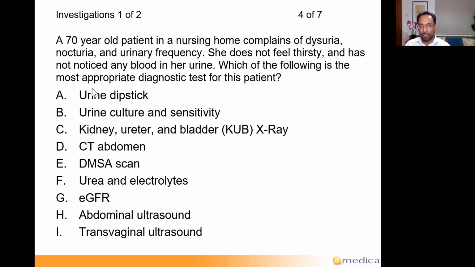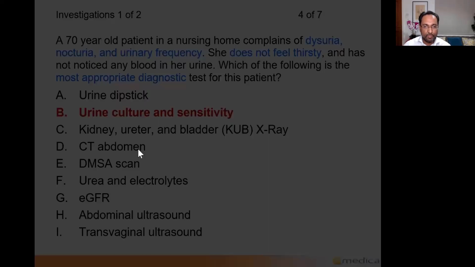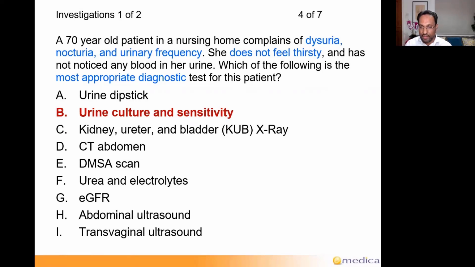And something really important is the most appropriate diagnostic test, okay? And it's a good example of, to do well in the exam, you both need a good knowledge base, i.e., you've put the hours in, revise the subjects, but then you also need good exam technique to read carefully, pick up small things and pick up keywords that will help you decide what is the examiner asking. In this case, we're looking at this word here, the most appropriate diagnostic test for a UTI, okay? So the correct answer is B, urine culture and sensitivity.